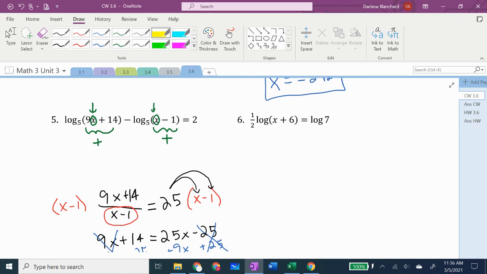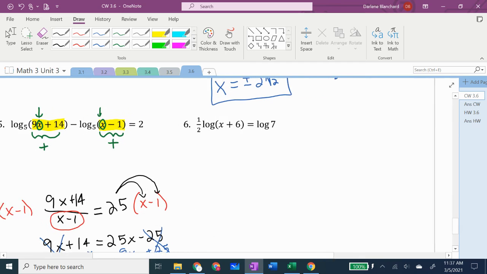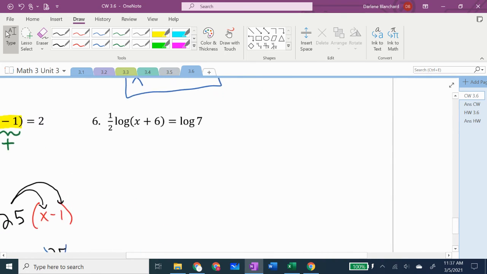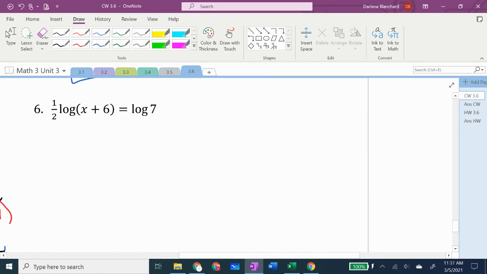Because if you first look at this, you can only have x's greater than 1, and your x also has to be bigger than negative 14/9. But instead of worrying about that, you just check to make sure that your answer creates positive numbers going into those logarithms. Okay, number 6 is going back to the type 1 that we looked at in the previous video,